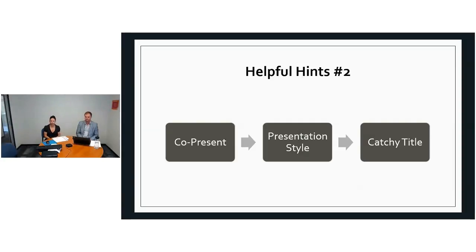I love a good catchy title. It's not a requirement, but I always think it's lovely to have something a bit jazzy in there. So we all love our branding and we're getting very good at it within the accommodation sector. So if you can come up with a catchy title, that's a great way not only of making your presentation stand out from a submission point of view, but it's also a great way of attracting attendees to your session.